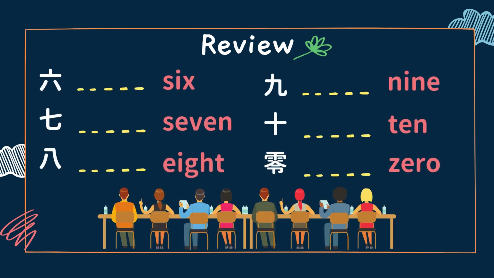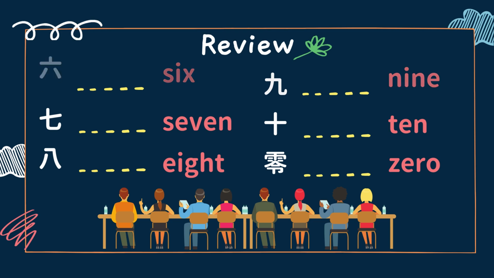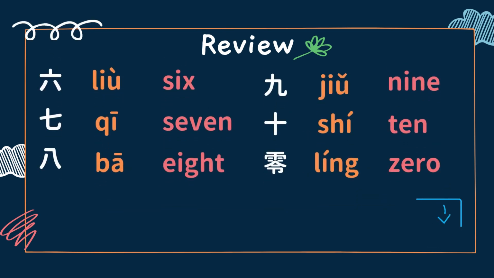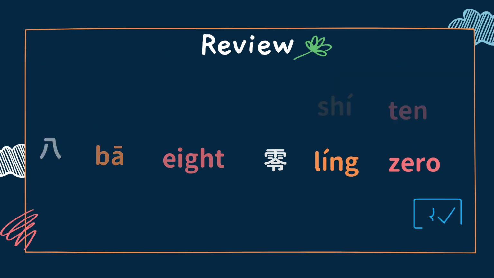6 to 0. Okay, number 6, 六。Number 7, 七。Number 8, 八。Number 9, 九。Number 10, 十。0, 零。From 6 to 0, 六。七。八。九。十。零。Let's take on the